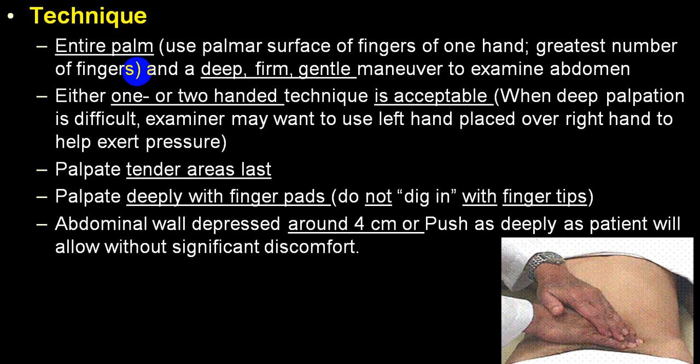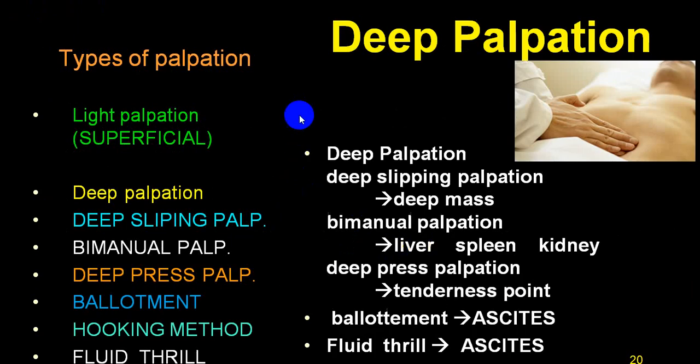In the two hand method, with the second hand you push the palpating hand deeper down so that you can palpate the deeper structure and identify deep tenderness. So usually these are the two things which are utilized. In deep palpation, you push your hand almost up to 4 centimeters. But if the person is getting pain, don't try to push the hand more. The person will not allow you to palpate further.